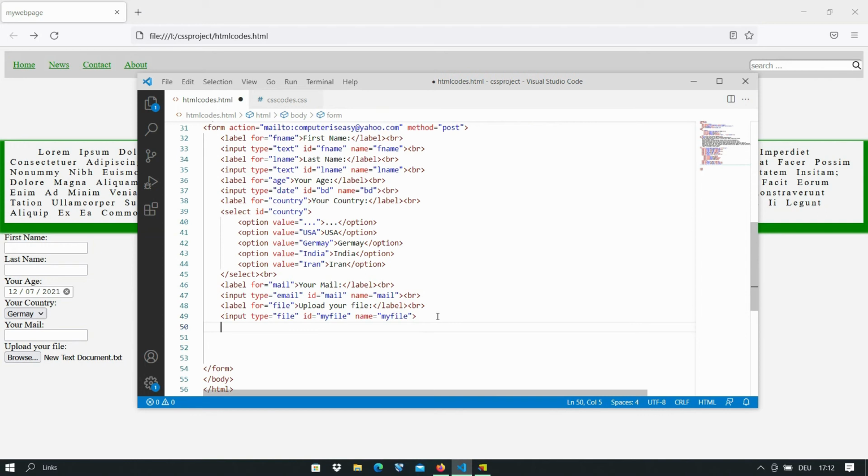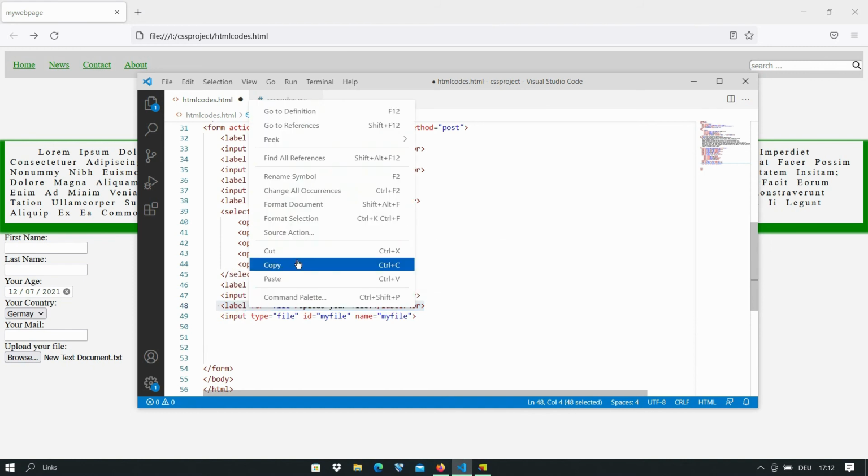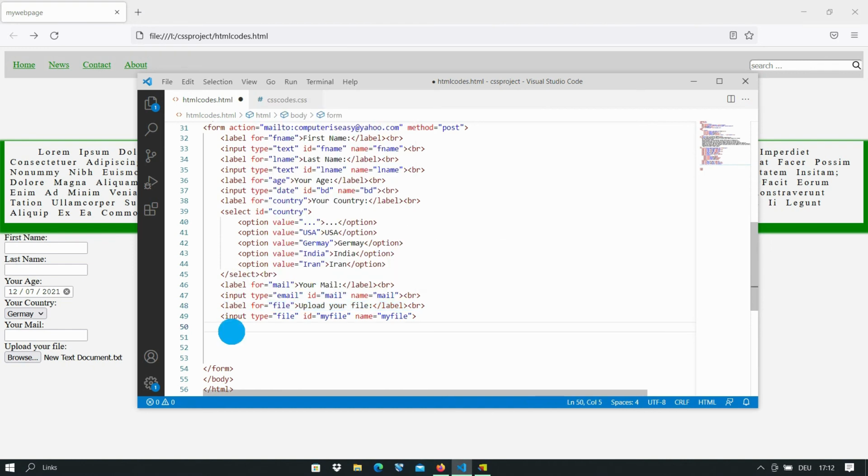Good. Now maybe you want the person to add some comments in the form and send you those comments with the mail. It will also be nice if you add it to the form. So I just make a copy again here and paste it, and this time it will be labeled comment, for example,